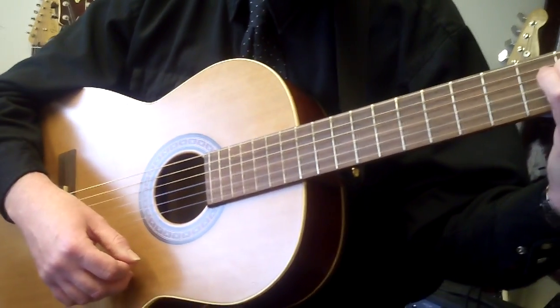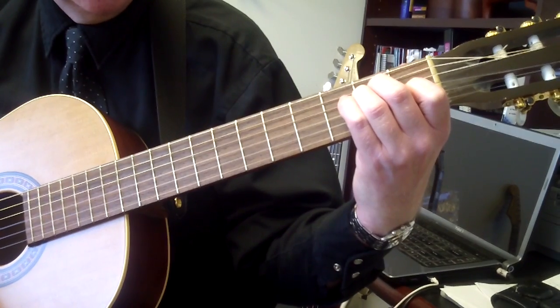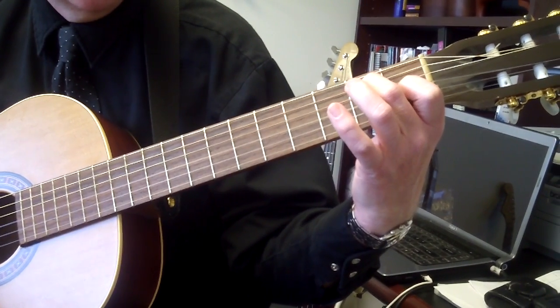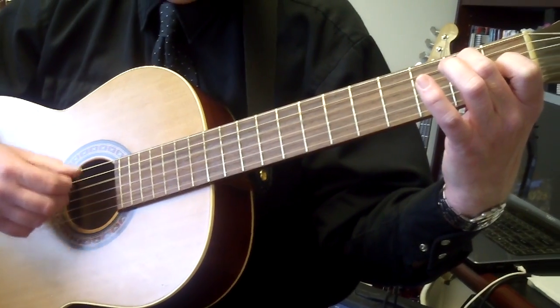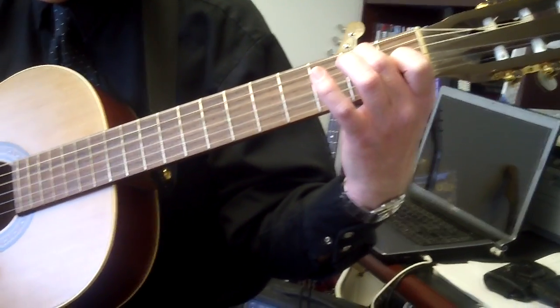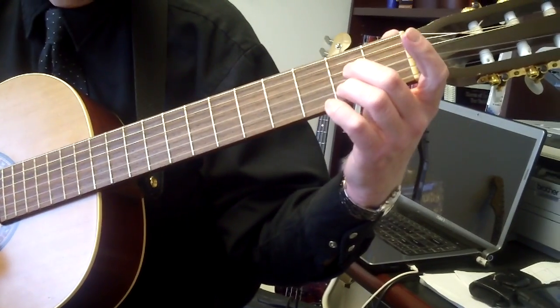All right. Now the E7 chord is exactly like the E, but we're just going to take our 3rd finger off. That is the D, which gives us our dominant 7th. The other chord that we're going to use through this 12-bar blues, which is a 3-chord blues,